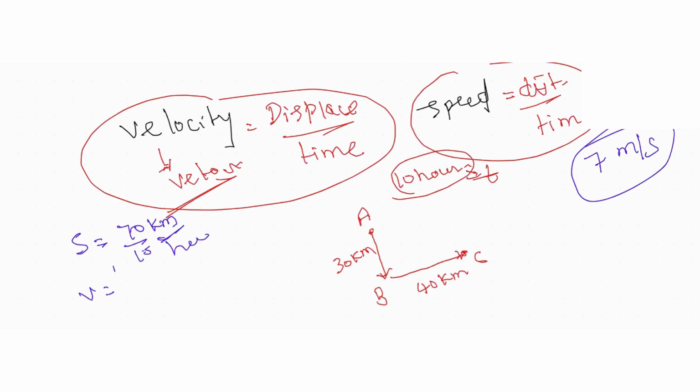Okay, let's move. So we got here this part 70 and 10. So we got here 7 kilometer per hour, correct? Yeah. So unit is very important in physics. If you forget the units, then it will be like you have to take $7 and you will take 7 cents instead of $7. That will not be a good option.